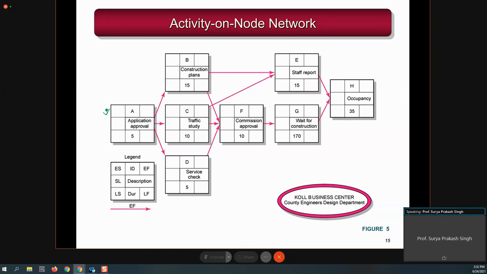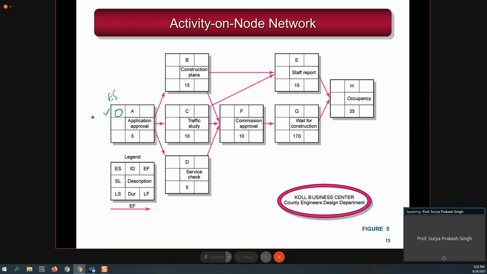The reference time is maybe 0. You can have the 10th day of next month or the 20th day of next month, whatever. But for simplicity, we can say that the reference time for this first activity is 0. Then we can say that this is the early start time. If I ask when is the earliest you can start activity A, you can say the 0th time. As the 0 time is your beginning, you can start activity A immediately.